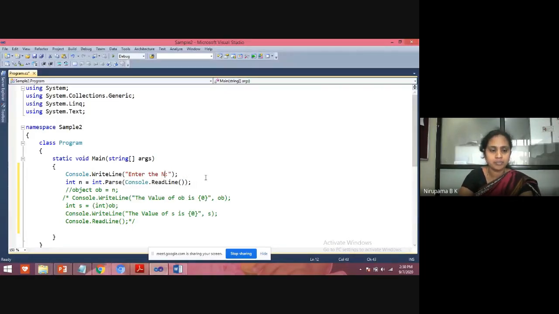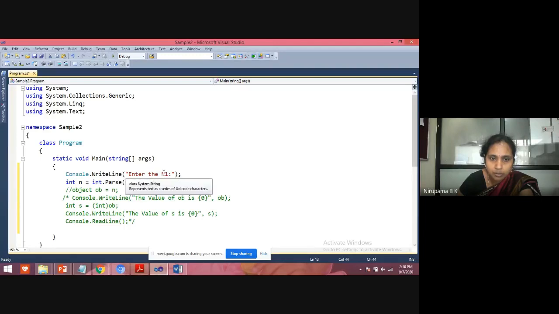Enter N1. See students, in C#, whatever input we give will be taken in the form of a string. So to convert explicitly into an integer, we need to parse the data.